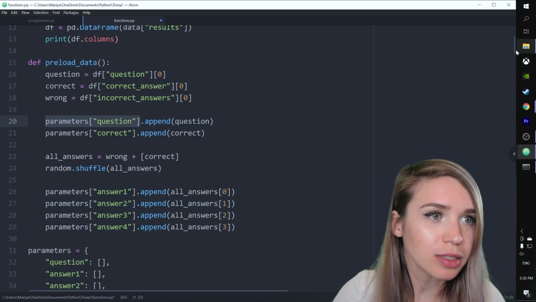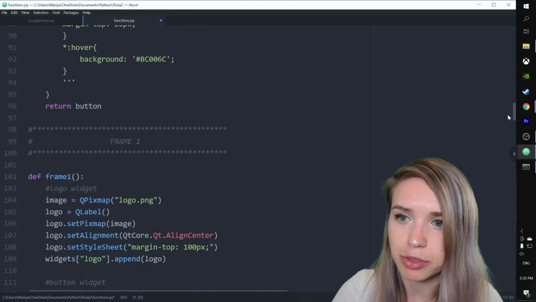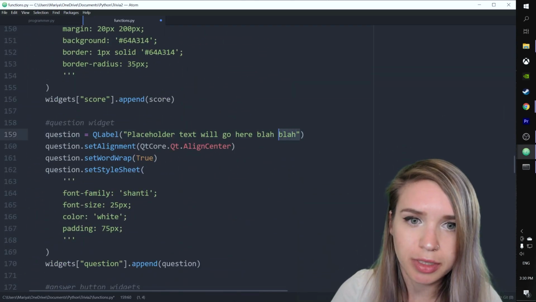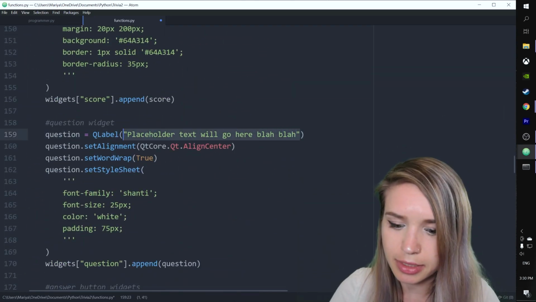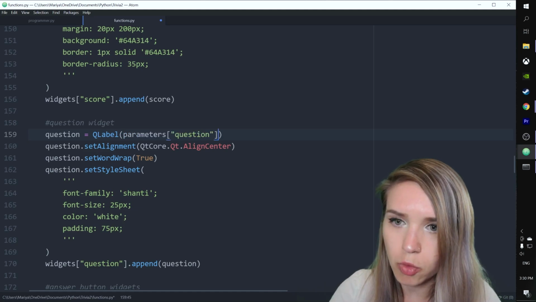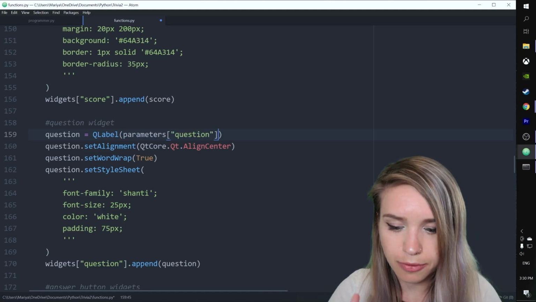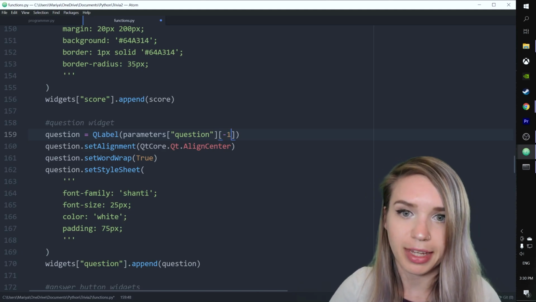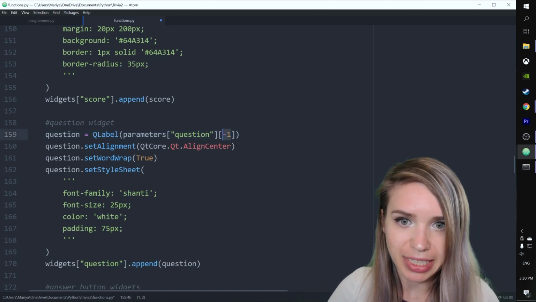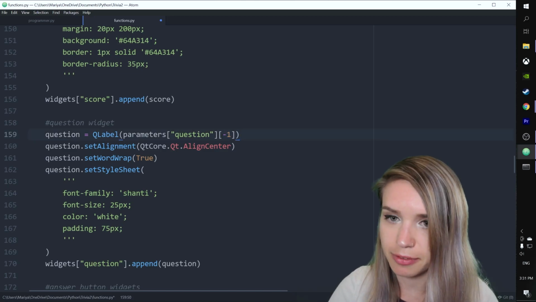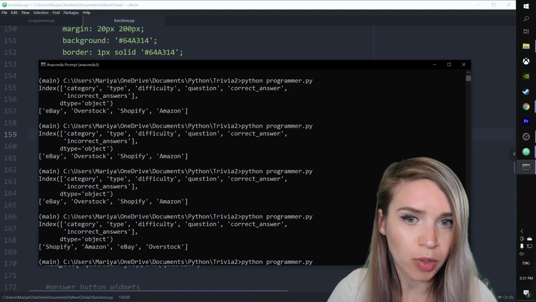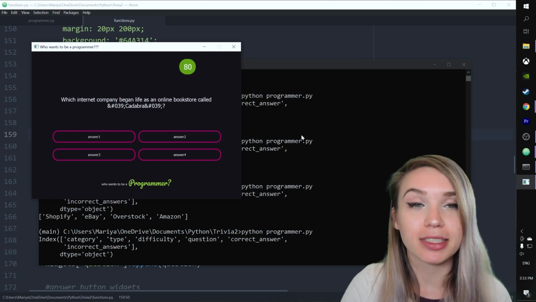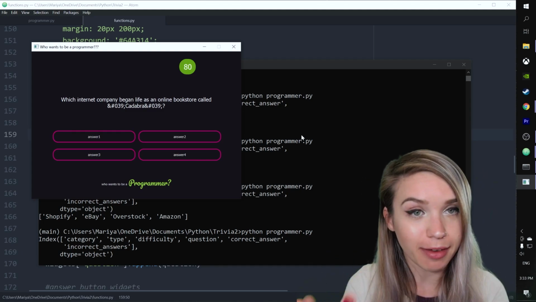We will scroll down all the way to frame 2. We will dispose of this placeholder text and paste our global list of values, focusing only on the last instance of that list by typing -1. And now if we save this file and rerun our program, we have replaced our placeholder text with the actual